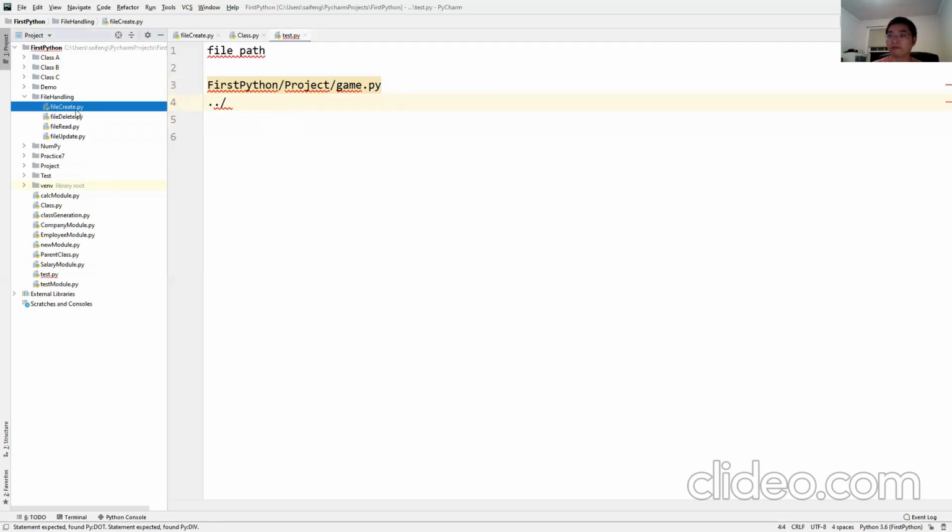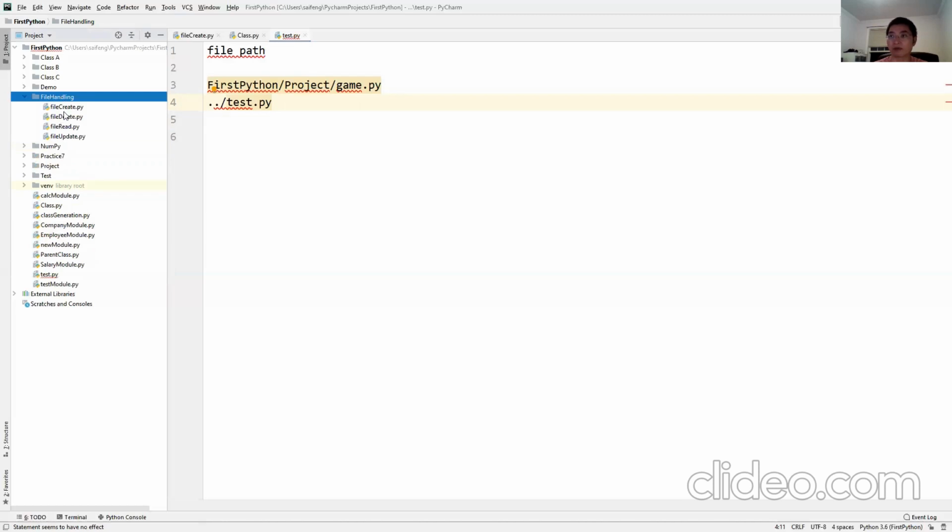It means if I'm here in the file create folder and I want to access test.py, because my current folder is this one, I need to go one level up to this folder, and underneath this folder, I can find test.py. So the file path will be // one level up, and then find test.py.